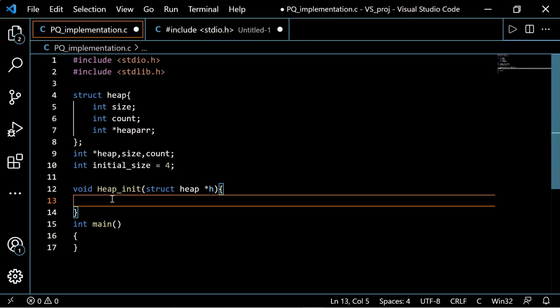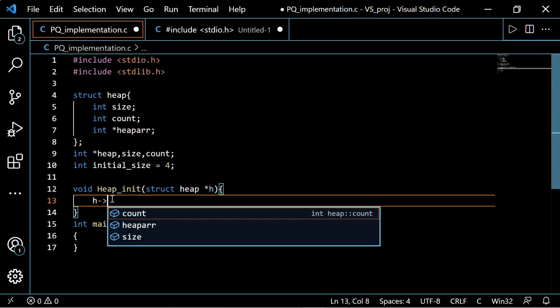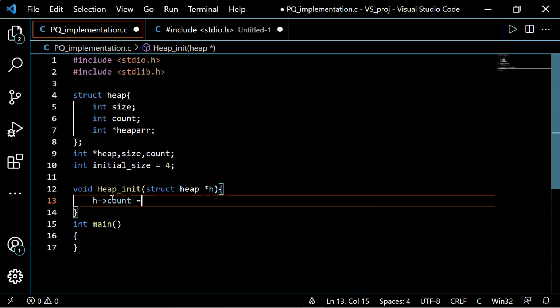In this function, let's initialize the variables that we have created inside this heap structure. So for that, we'll initialize h arrow operator count is equal to 0.